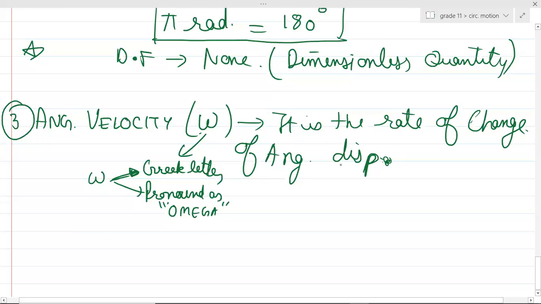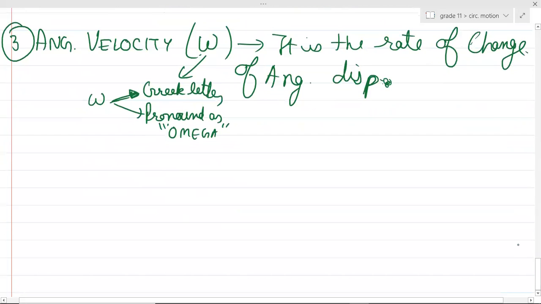So basically, angular velocity is the rate of change of angular displacement. Now see, suppose